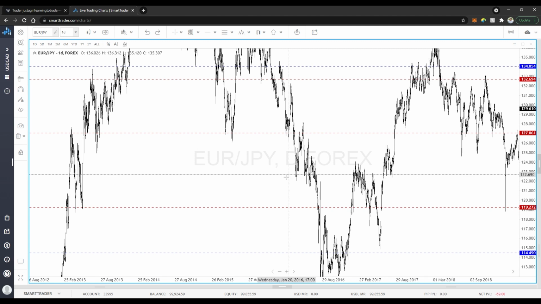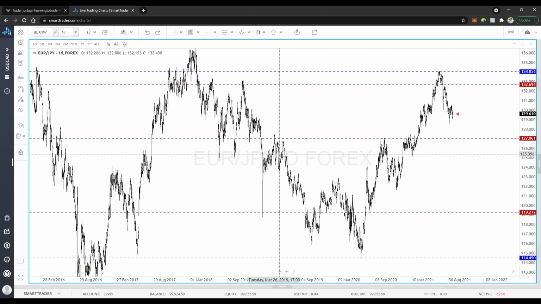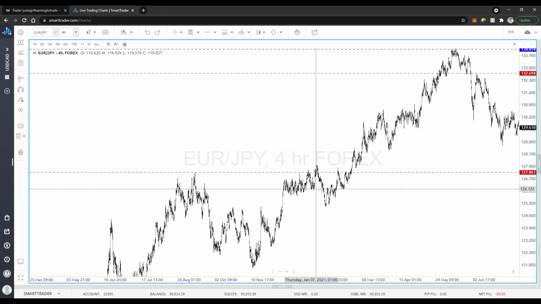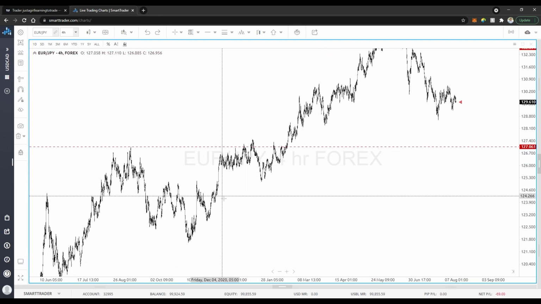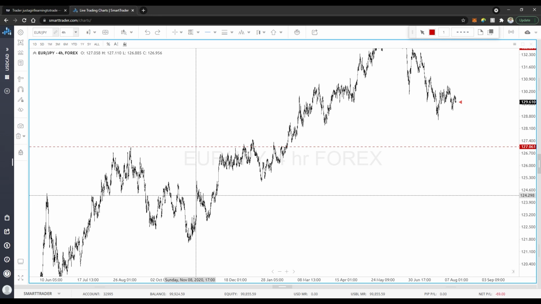I probably could have put it in as my 4 hour. Look at here. We got a level of resistance here, broke through, came back, retested, pulled up. This is also a level 2, but I'm going to go down to my 4 hour and mark that. So let's see. Yeah. So we got a high here and then a low here. So I'm going to mark this and I'm actually going to bring it down just a little bit lower because,